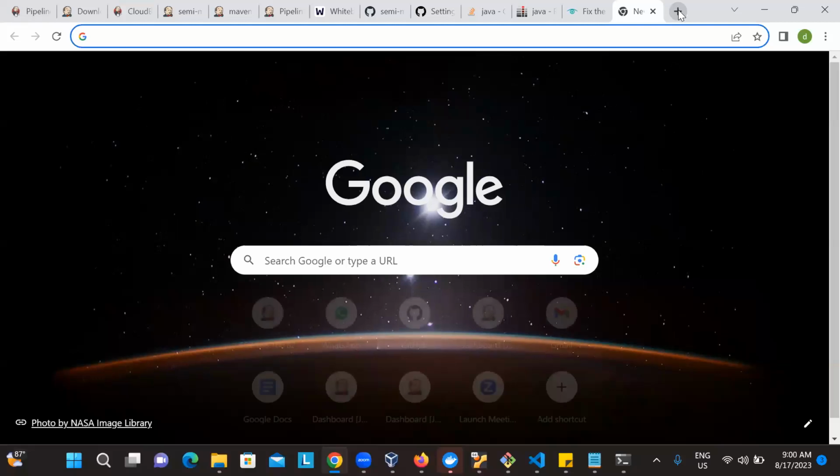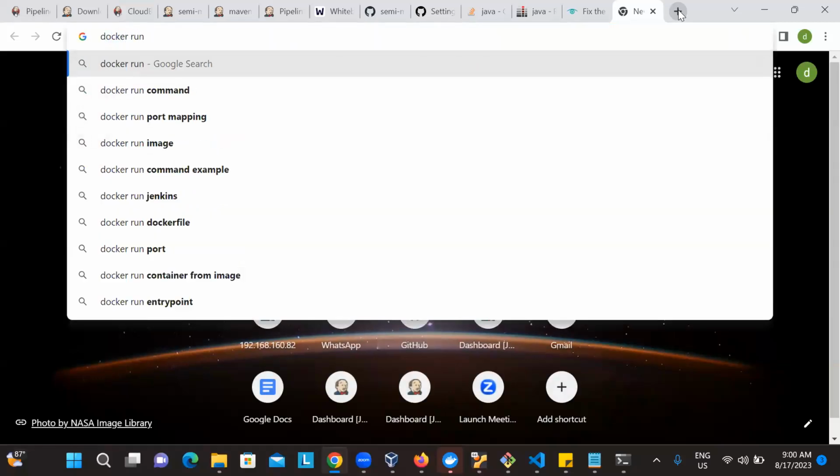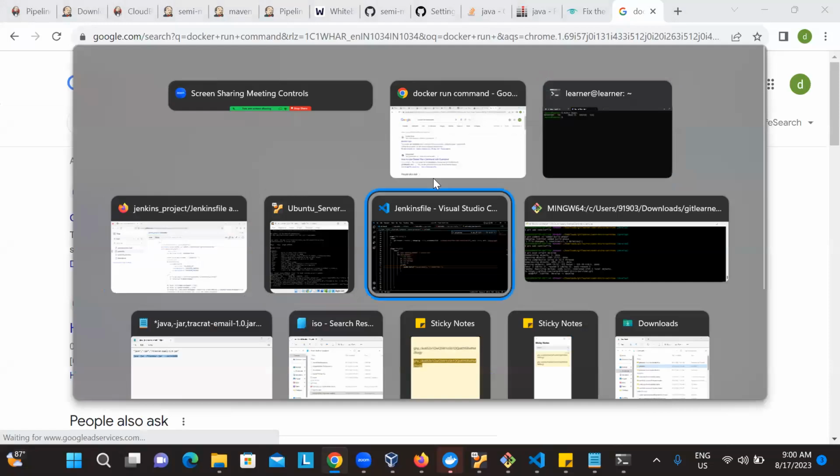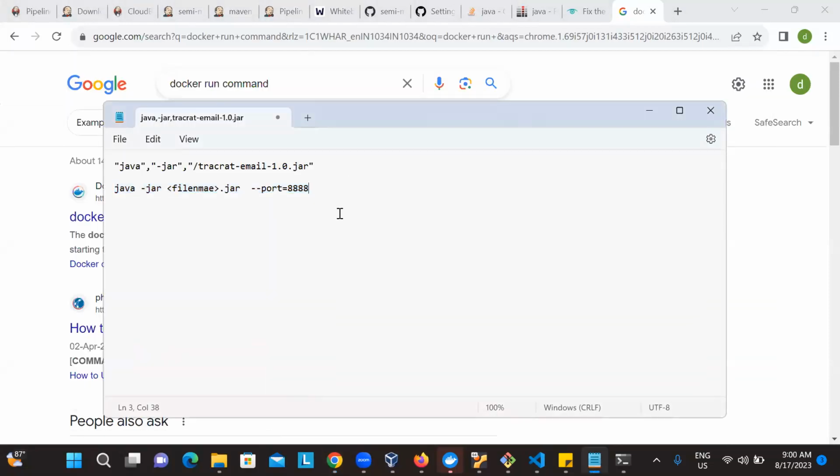Once the Docker image is created, we need to run the Docker image. How do you run the Docker image? This is the basic syntax: docker run